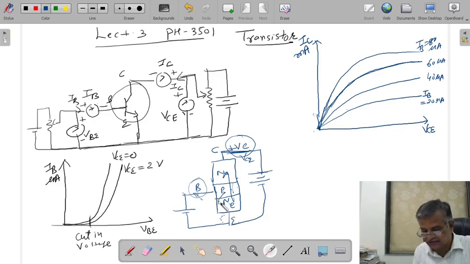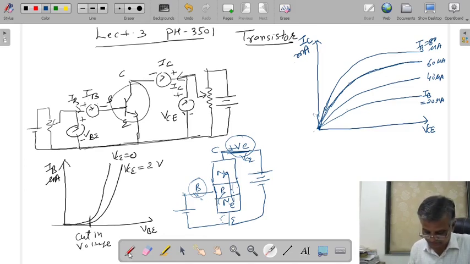As the forward bias voltage increases, more electrons will be free from the emitter and more electrons will go from the emitter to the collector compared to the previous one. So as you go from 20 to 40 microampere, your forward bias voltage increases, more electrons will be free, and more electrons will go here. As more electrons go here, the collector current increases from this point to this point. So this is the reason why the collector current increases as you increase the base current.